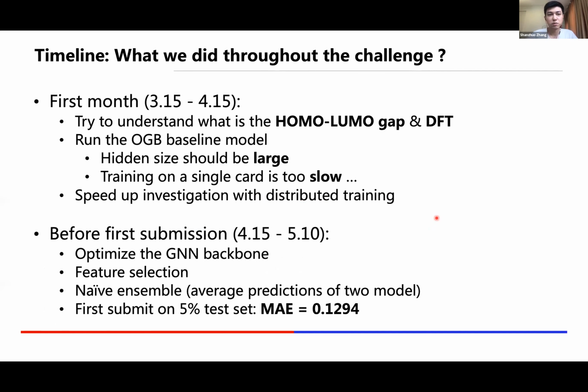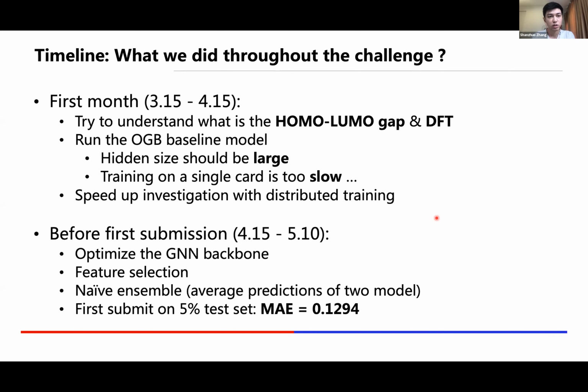All right, in the first month, all we did was very simple. We just tried to understand the background of the task. In the first week or two, we were struggling to understand what is the HOMO-LUMO gap and what is DFT. It is quite difficult for us because none of us team members knew anything about quantum chemistry before this challenge. And we did this because we believe